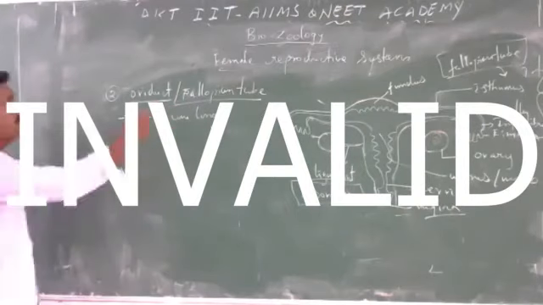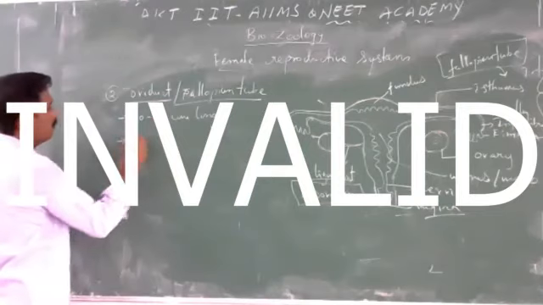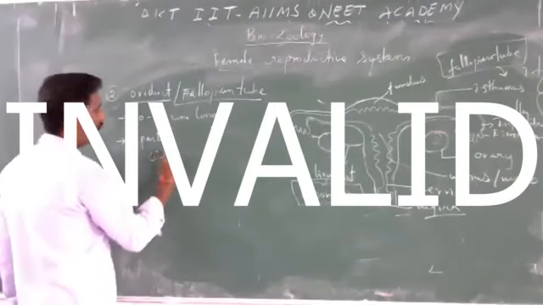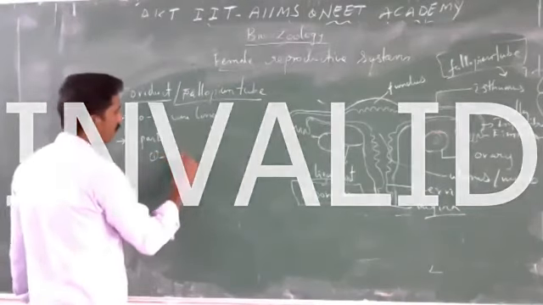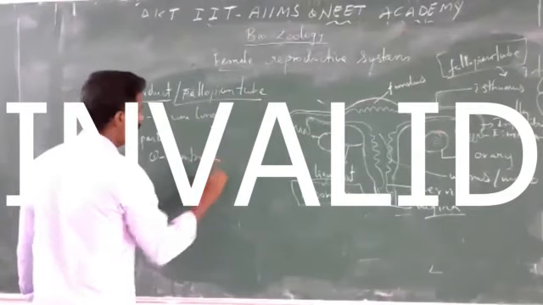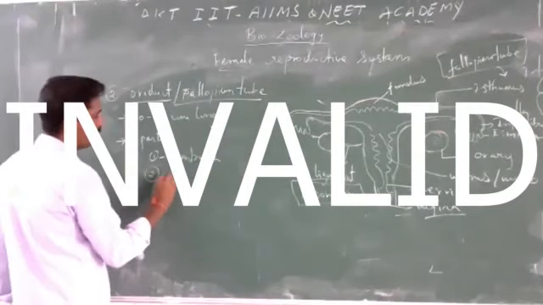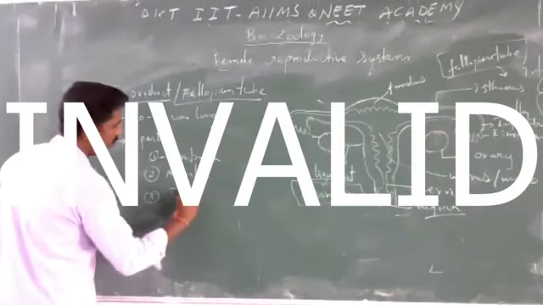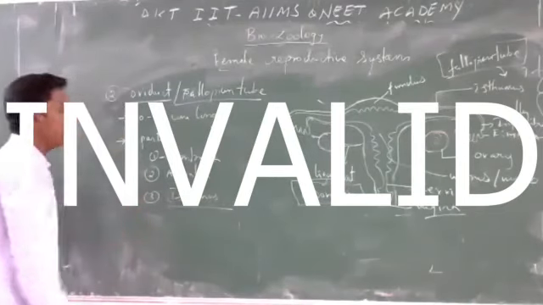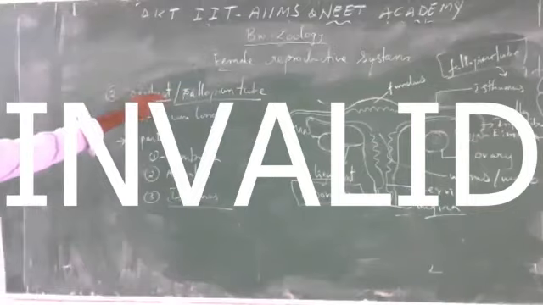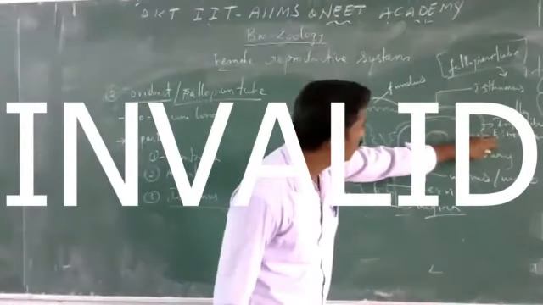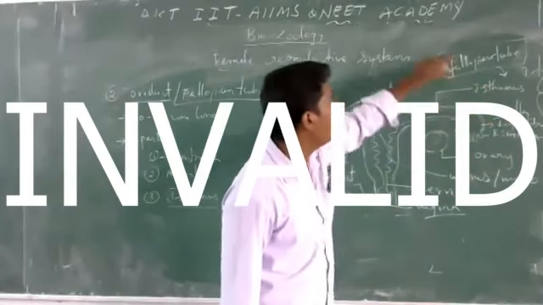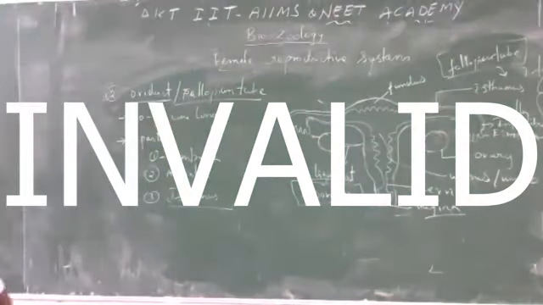It is divided into three parts. One is the infundibulum with fimbriae, the second one is the ampulla, and the third one is the isthmus. These are the three parts of the fallopian tube. We already mentioned them in the diagram: this is fimbriae, this is ampulla, this is isthmus. These are collectively called the fallopian tube. The first one is